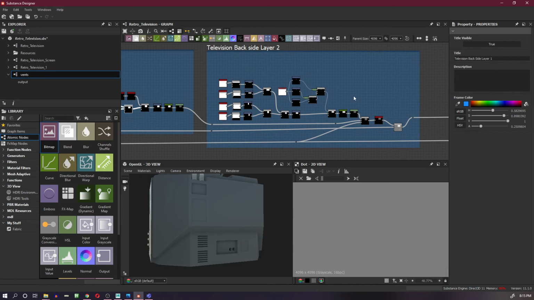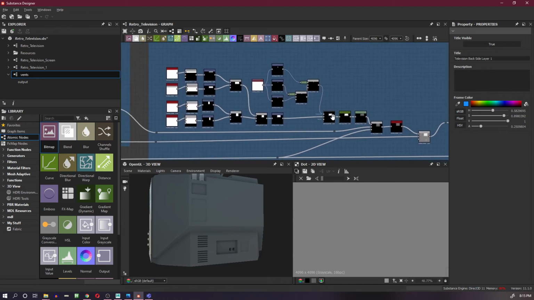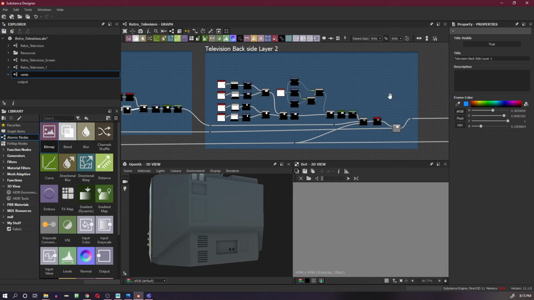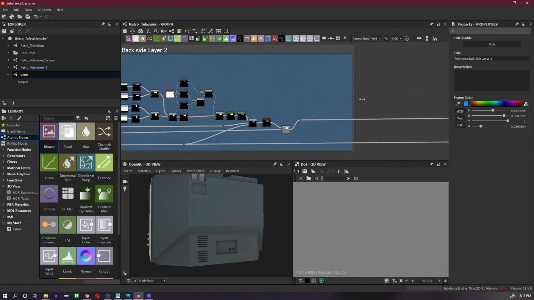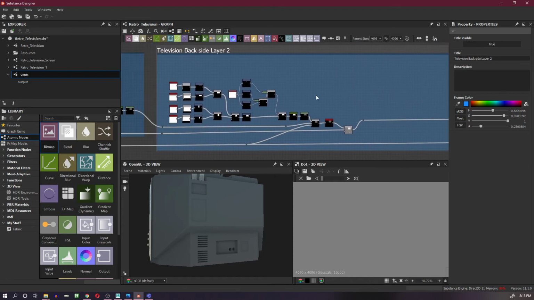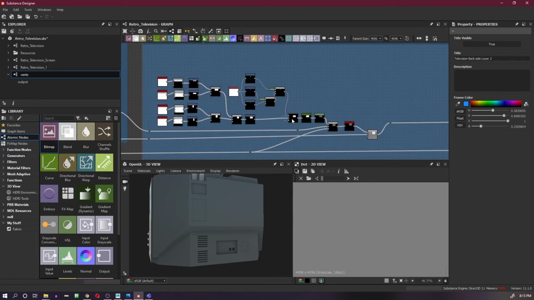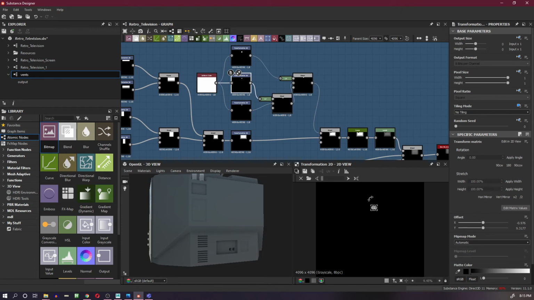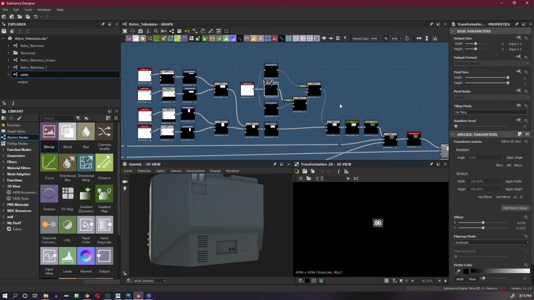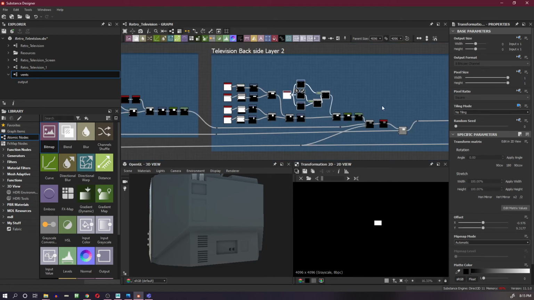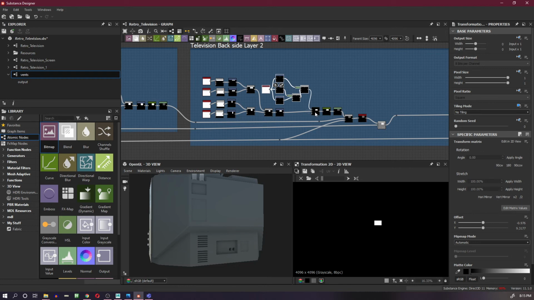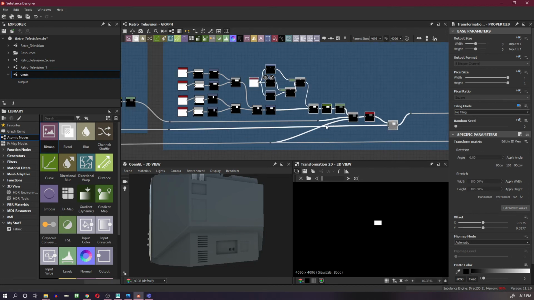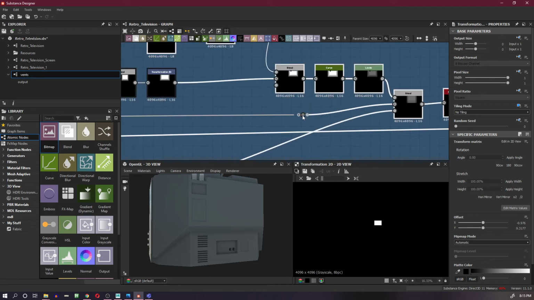Now on the back layer 2, I will do the same thing. I will increase the frame size so I can have more space to work. And what I'm going to do is just take all these and these as well, these two, and these small connectors also,